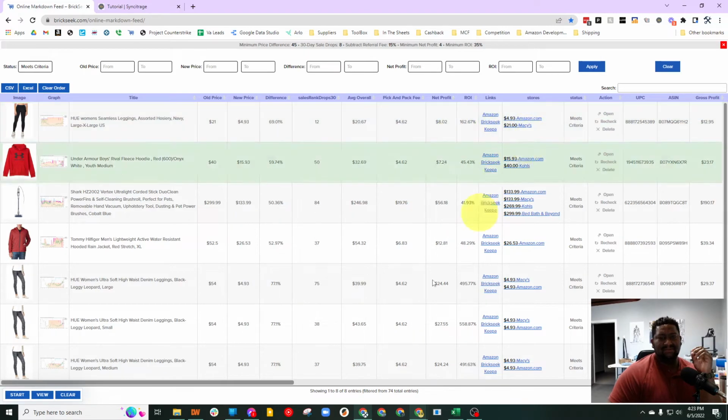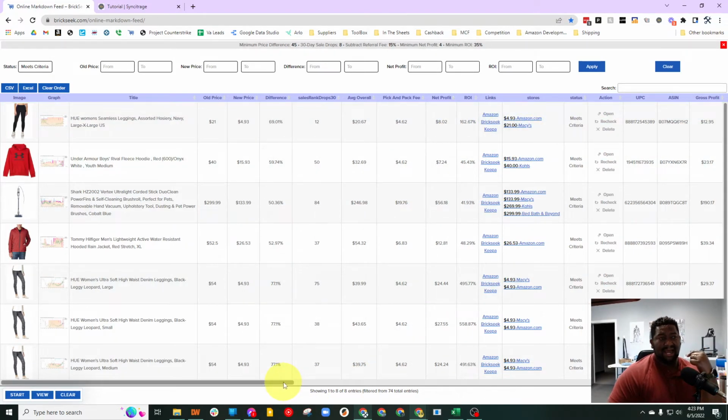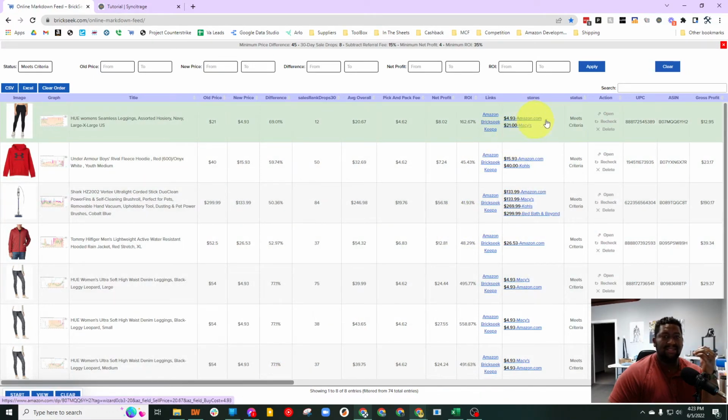Now, this was about an hour ago that I ran the search. I bought them an hour ago, and they're not there anymore. But yeah, and it is an Amazon to Amazon flip. And let me talk about that here for a minute because there's a little bit of, I don't want to say misinformation, but wrong information about Amazon to Amazon flips. You can buy from Amazon to resell on Amazon. You just can't buy using your Prime buyer account. You can't use any Prime benefits to do it. And so I just wanted to clear that up.